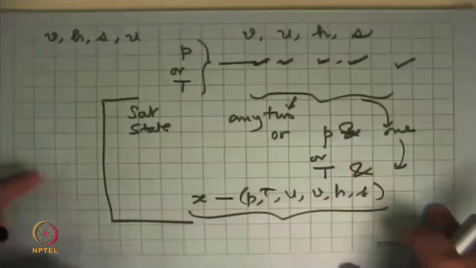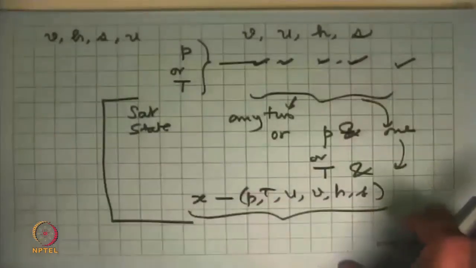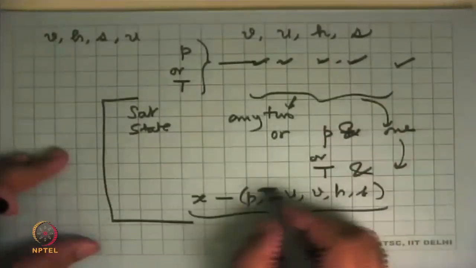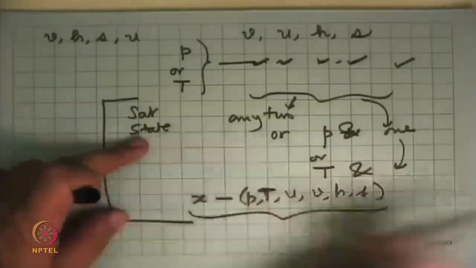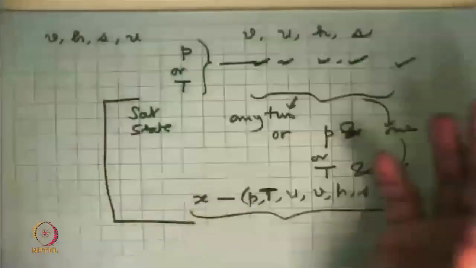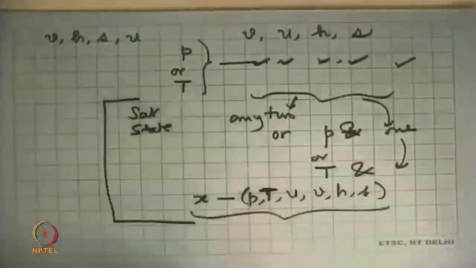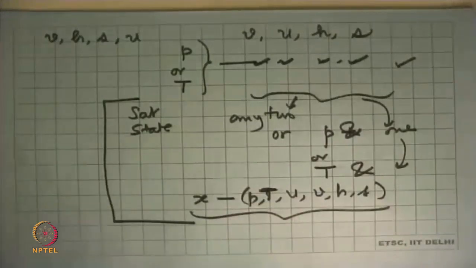And when we do problems, we get different combinations of properties coming in. We just simply ask the question, do we have a saturated state? If yes, then we have to look at all of this. If no, any two of these properties are good enough. If the state is completely defined, it may be a little more difficult to get properties.